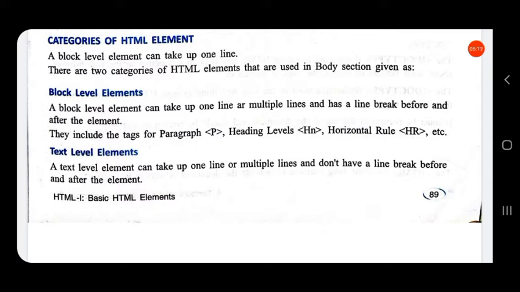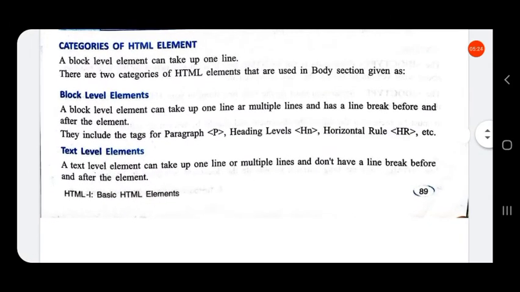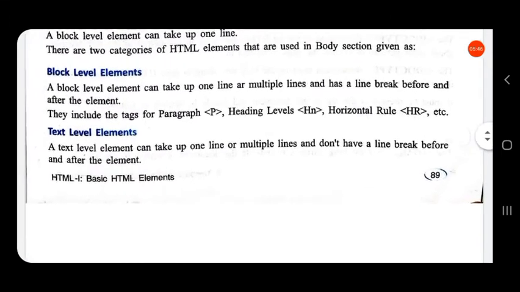A block level element can take up one line or multiple lines and has a line break before and after the element. That is, it can have multiple lines or a single line, and before and after the element there will be a line break.